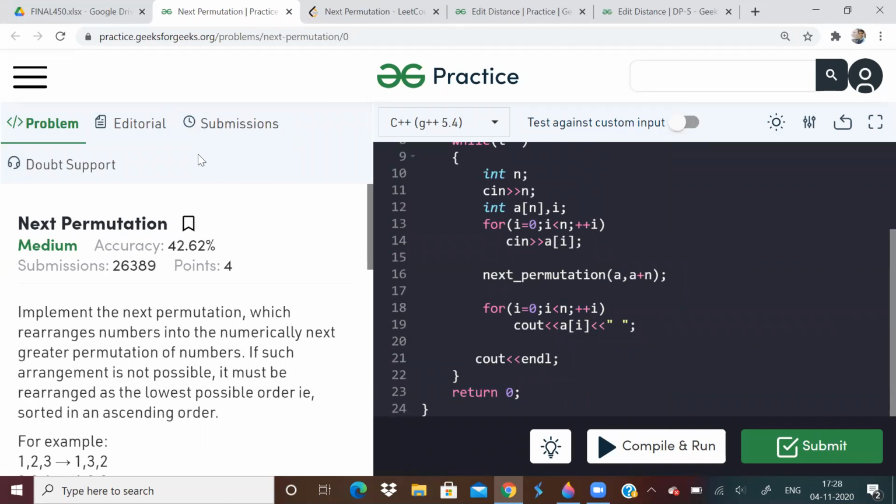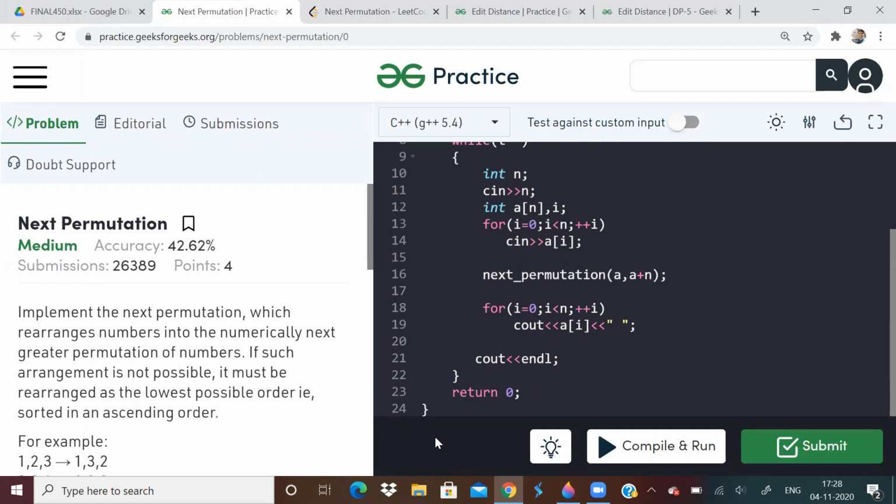Looking at the question itself, again, you can tell what it is asking. We will be given an array of digits, and we have to print the next lexicographical permutation. If there is no possible lexicographical permutation, we have to print all the digits in ascending order.